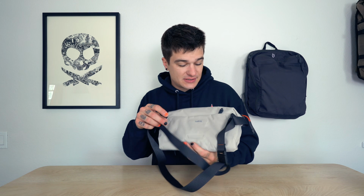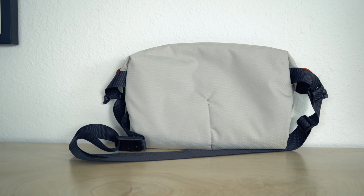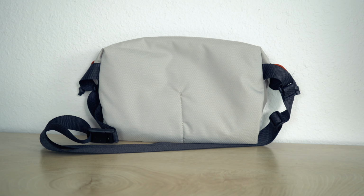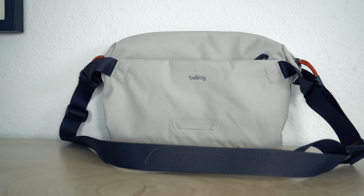All right, a little bit of a smaller bag and one that's really simple. I needed to keep a sling, and at the end of the day, the Belloy light sling is still my favorite sling to use. Not only is it packable because it's super thin and easy and flexible, but it also has a nice weather guard zip on here, and it has very minimal but perfect organization. If you just want a nice sling, and maybe you need something a little bit smaller, and I totally understand if you do,